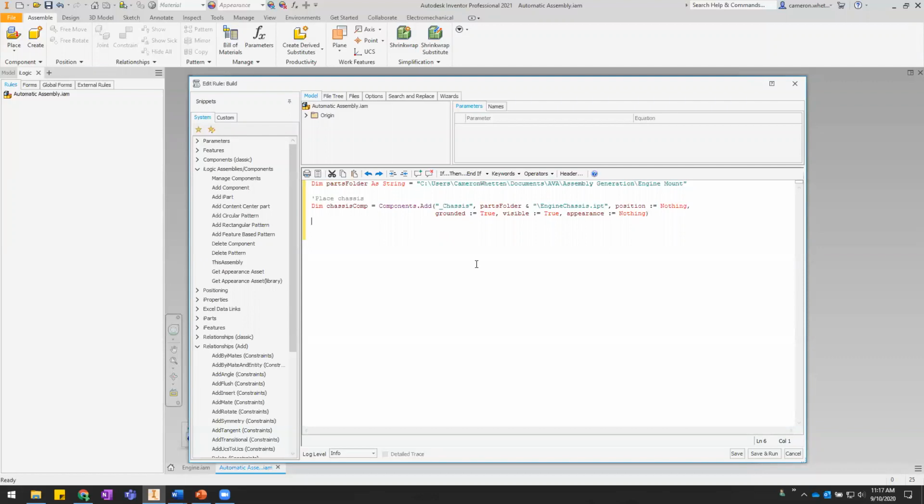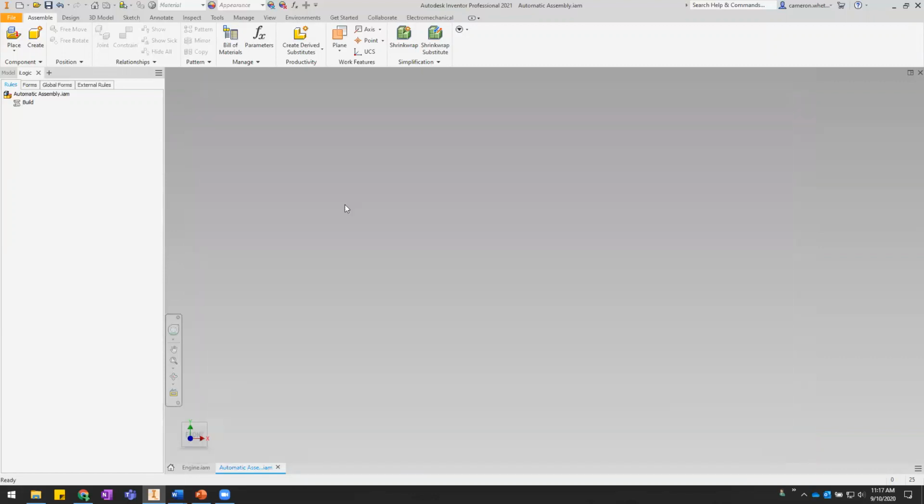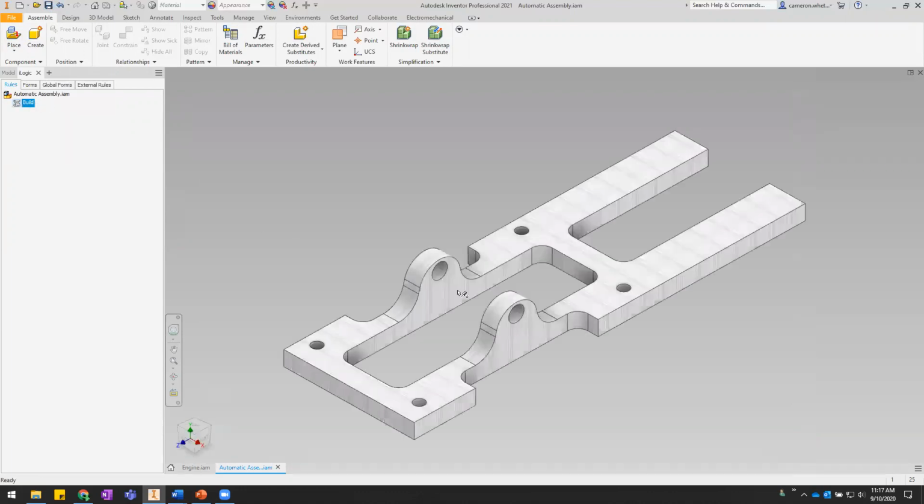All right, let's just go ahead and preview that, make sure it's working. So let's save, close, we'll go ahead and save our assembly, and then I'll run the build rule. There we go. Let's drop in our engine chassis. It's given us the name that we chose, underscore chassis. And in this case, if we haven't built any constraints on there, we've just grounded it in place at the